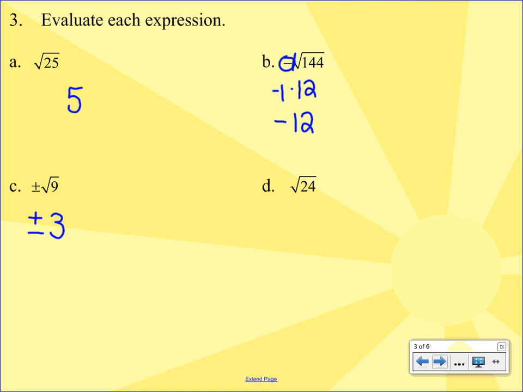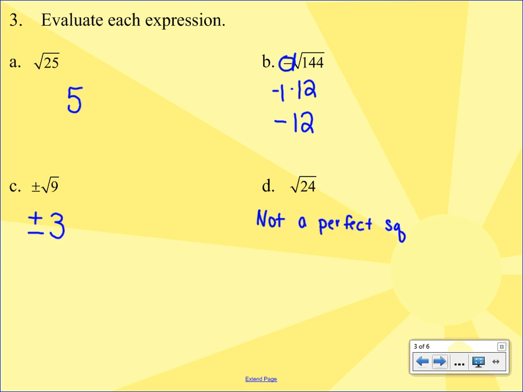Now we get to the square root of 24, and this one is a little bit different. You can think about numbers that multiply to 24, like 1 and 24, 2 and 12, 6 and 4, 3 and 8, but there isn't a set of numbers that you can multiply by themselves to get you 24. In fact, it's not on our list. So 24 is not a perfect square,